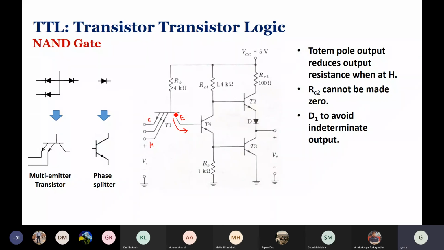So this transistor will work in inverse mode, for which the effective beta is very small. The beta inverse, beta forward we discussed before. So this is beta reverse that will come into picture. So injection efficiency is very low, but some amount of current will flow in this direction, which is reasonable because you are only looking for base current that will be enough to make this transistor T4 on.